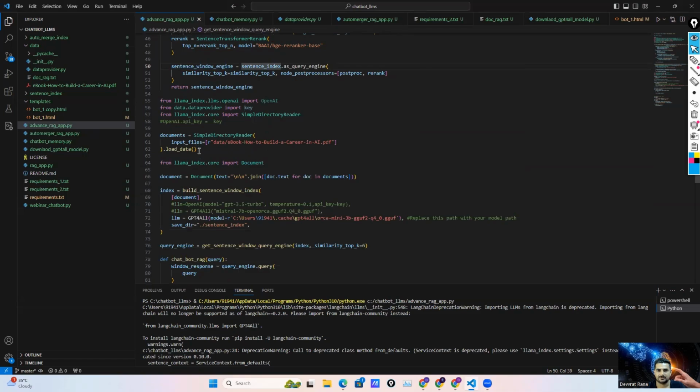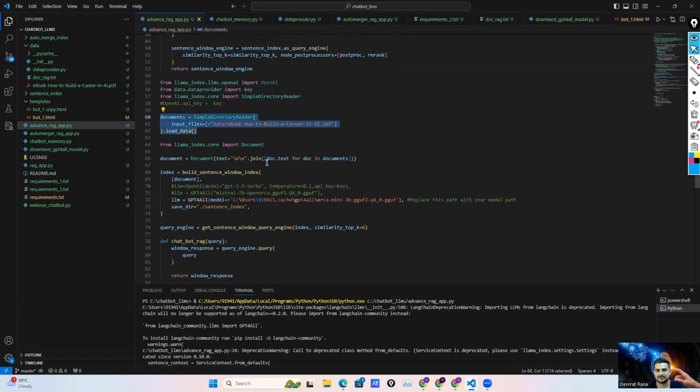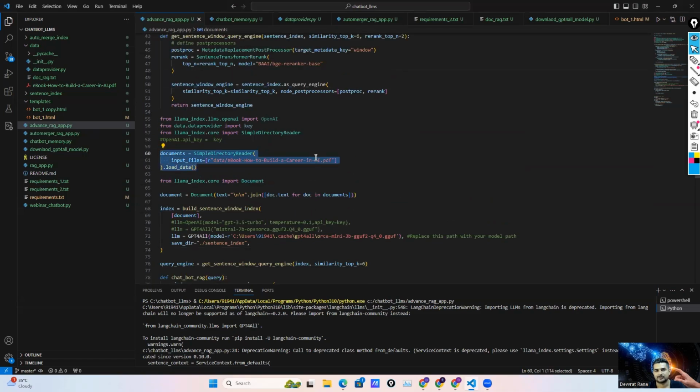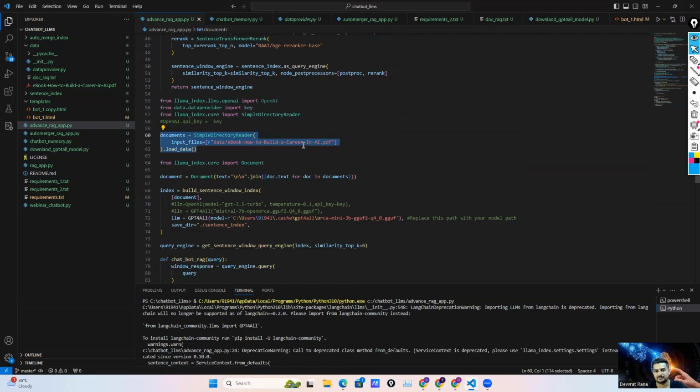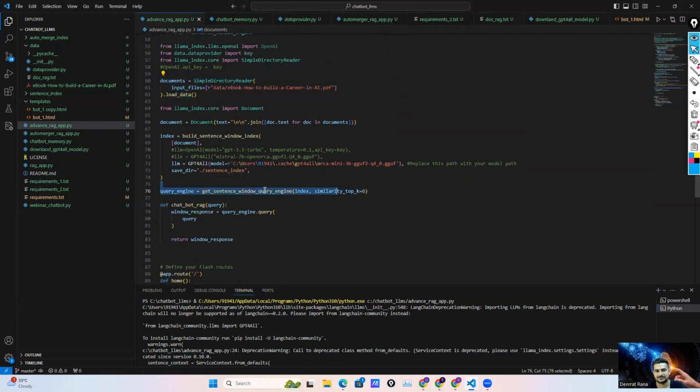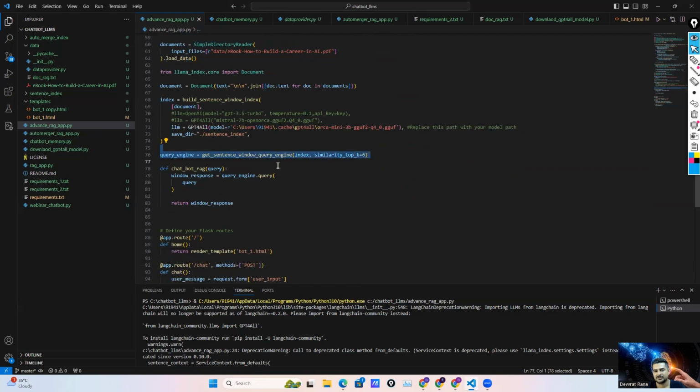And now we are going to load the document, calling the above methods, basically the above functions. You can see here we are calling the above functions, and this is the local model. You can see here, local model, and as per the RAM availability,